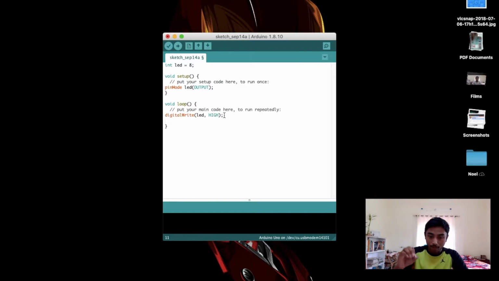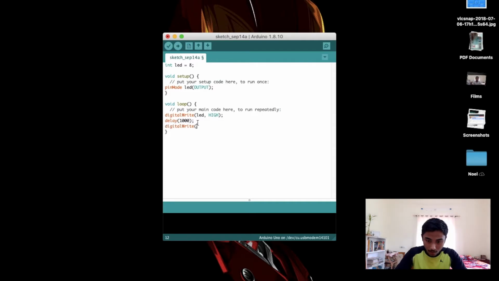Now for making it stay on for 1 second, you have to write delay. What it does is it is going to stop the program for a set amount of time that we write inside the bracket. So delay(1000). Now what 1000 means is 1 second. Whenever we are writing a program for the Arduino board, 1000 represents 1 second, 2000 means 2 seconds, 3000 means 3 seconds. It's like that. So delay 1 second, semicolon, and then we write in the next line